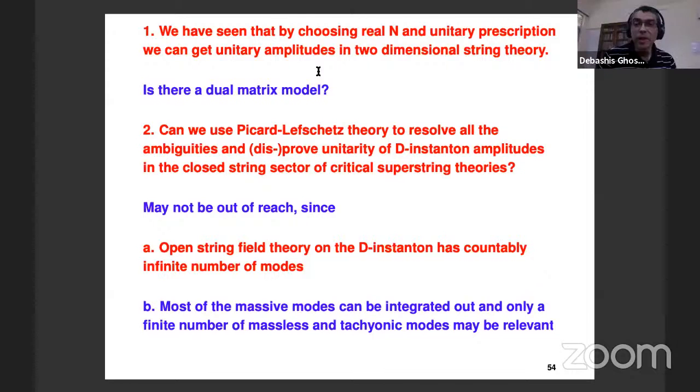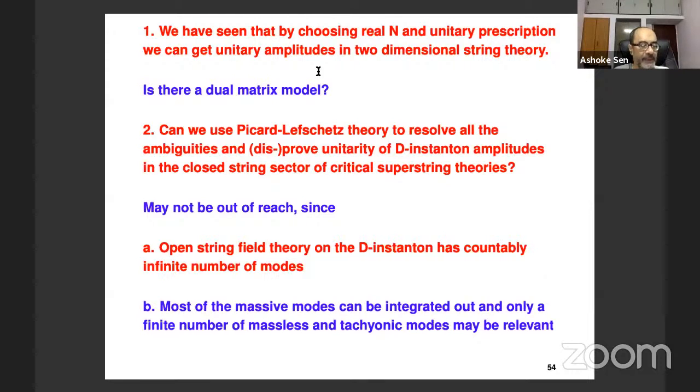Yeah, Ashok, can I just add to that question? Why should one not include asymptotic open string states in a complete open closed string theory? Yeah, because the D-instantons are transient objects, right? They are solutions of the Euclidean time coordinate, but the solution actually goes to the perturbative vacuum at -infinity and +infinity. Yeah, but we are considering a complete open closed string field theory, right? In that, open string states should be asymptotic states. Is it a complete theory then?